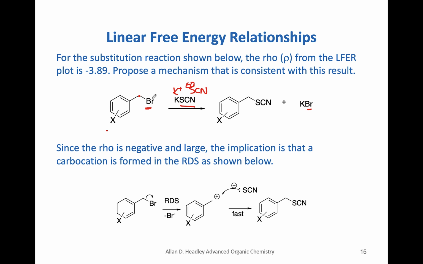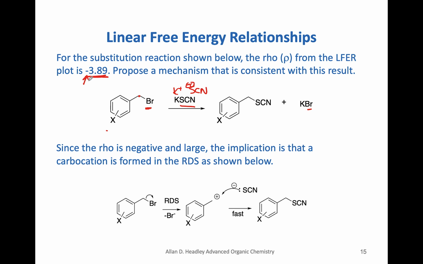Does it occur in one step, or does it occur in two steps? Is there a carbocation intermediate? Is there a carbanion intermediate? Etc. Experimentally, the slope is negative. Note here, it's negative, not positive as before. So the slope here, rho, is negative